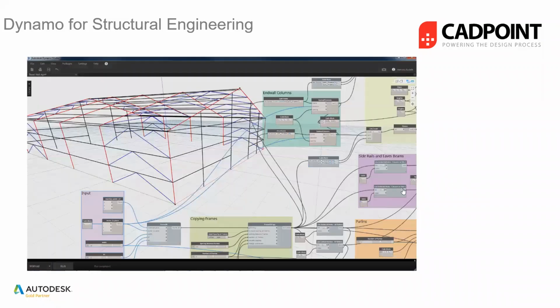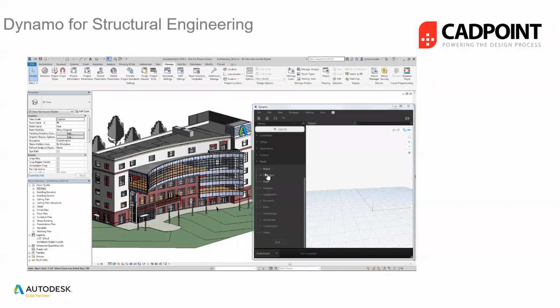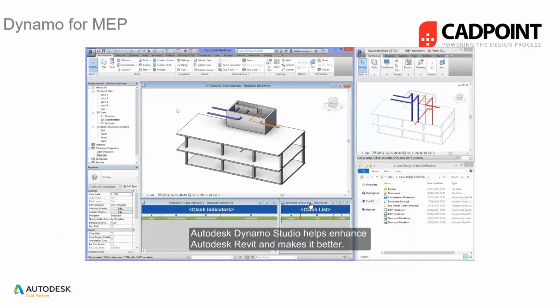And then looking even from a mechanical point of view, in this case we're just using a clash detection script, and we want to place